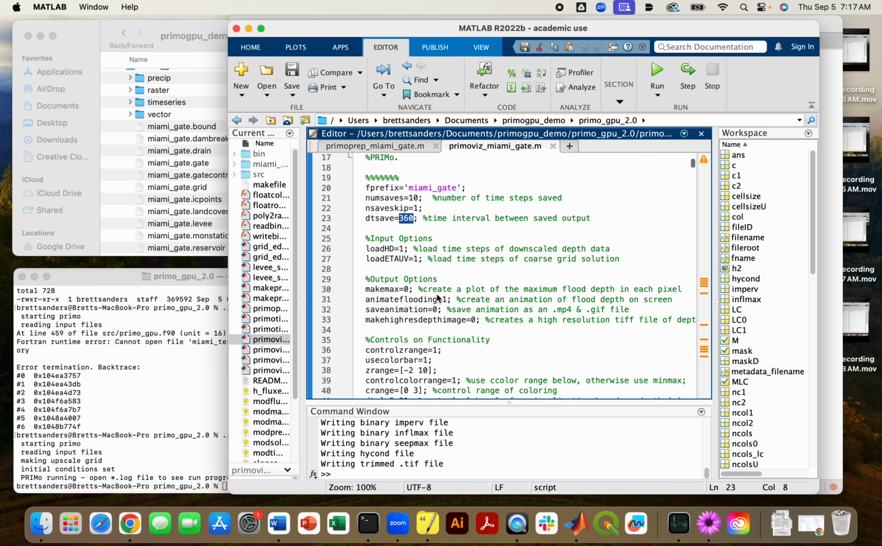When those visualizations are done, you can choose to animate them here. So the animate flooding right now is turned on. And if you want to save those animations as an MP4 file or a GIF file, you can turn this to 1, just like that, and then the saving will be done. But for now, why don't we go ahead and just run that script,